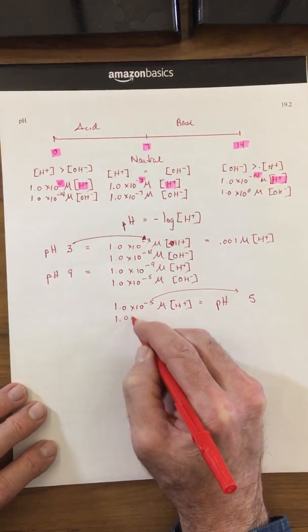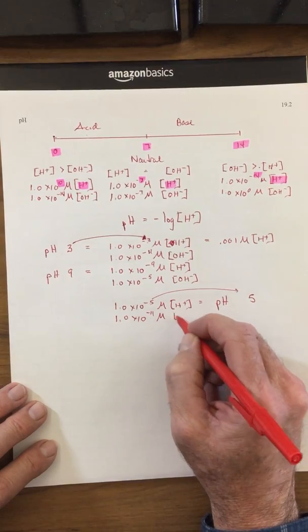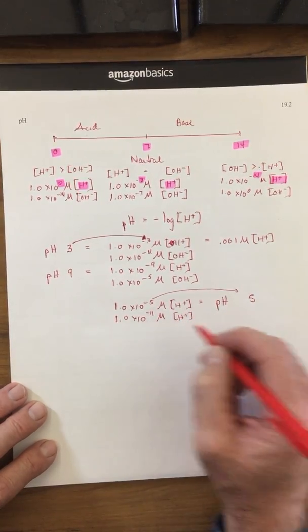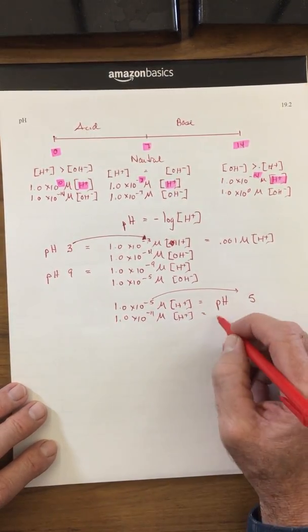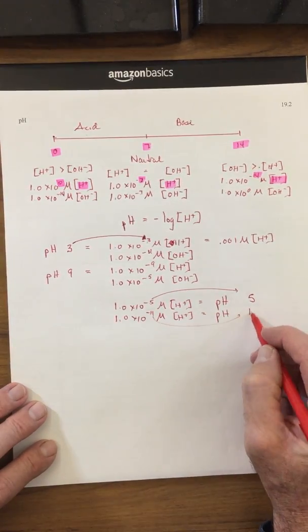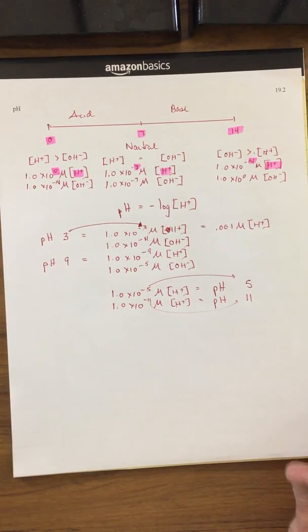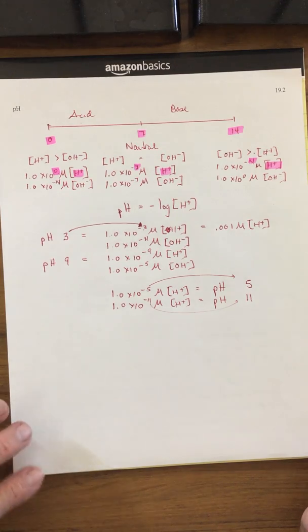What will 1.0 times 10 to the minus 11 molar H plus be? This will equal a pH of 11. So now let's get in some tricky ones. Okay, let's try